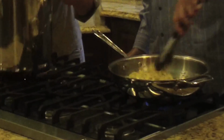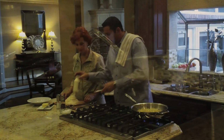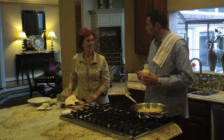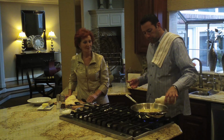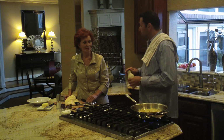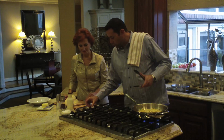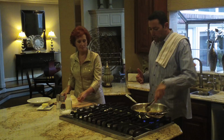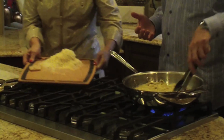So now what I'm doing is I'm taking the noodles and I'm just coating them in the butter. And then in the spirit of homegrown and really good for you, there's a local dairy, Hatchers. I don't know if you've ever had any of their products, but this cow was probably milked a couple of days ago. So I put in a half a pint of cream, and let me just turn this up a little bit more. The butter and the cream are marrying. And if you think about a sauce that reduces, that's what we're doing here. We're reducing the cream and the butter